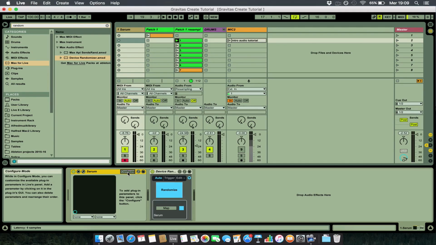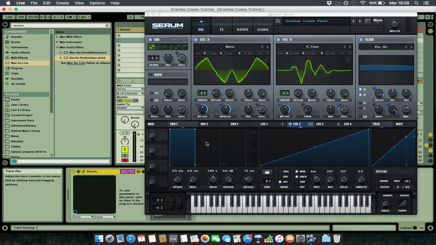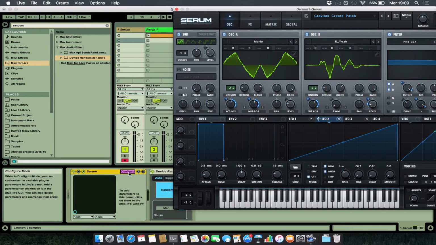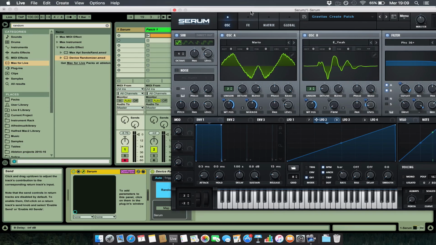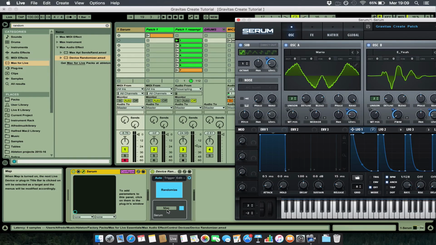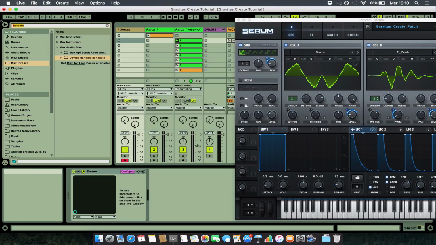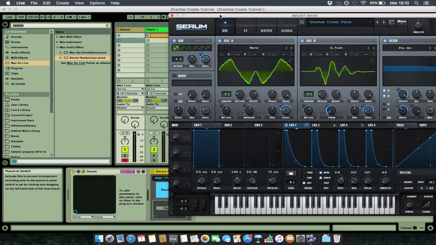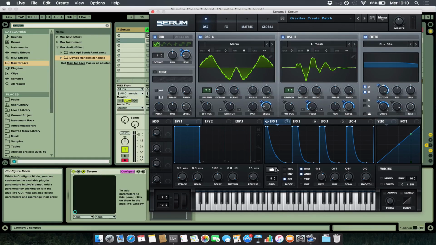So first I'm gonna dive into the patch and see which are the fundamental values to assign to it. So let's first click on configure. And then I'm gonna look inside the patch and try to assign the most important stuff. So one of the first things I see is, because here it's already randomizing stuff and I don't want that. Okay, let's do it again. So first, before randomizing stuff, we need to configure our synth, and we start, for example, from the LFO rate